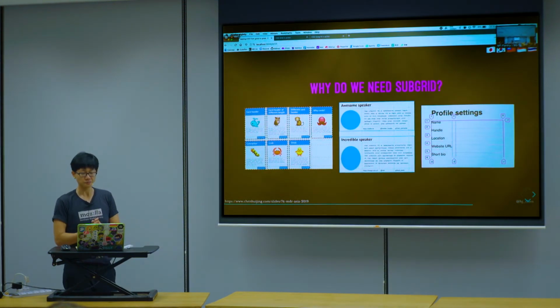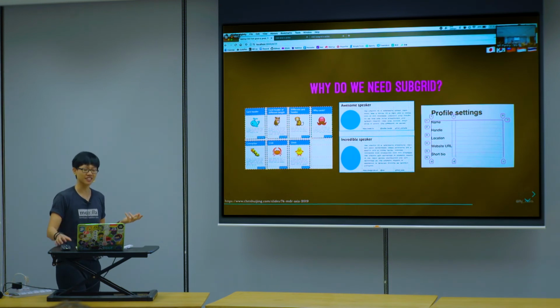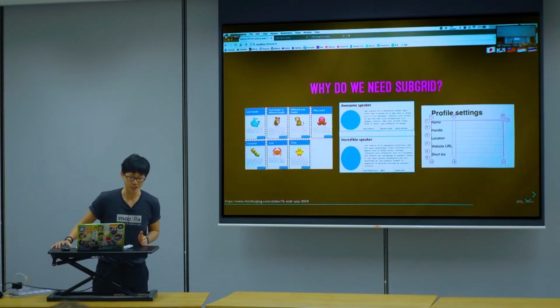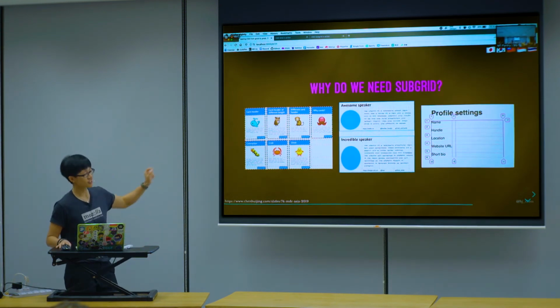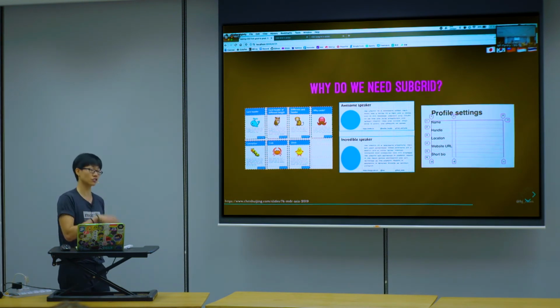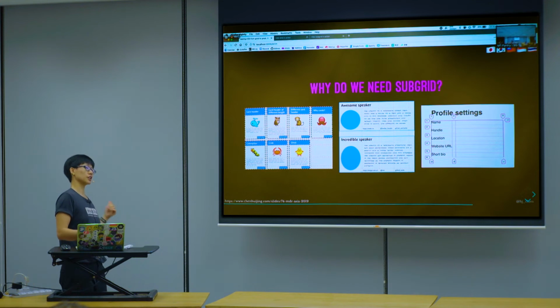So, you're like, why do we need subgrid? Grid is already very good. Correct, grid is already very good, but subgrid makes it better. Subgrid has quite a few use cases, because what subgrid actually does is let the nested grid line up with the outermost grid.